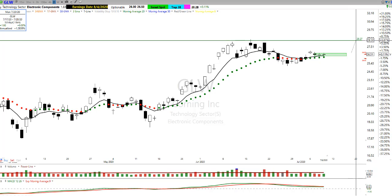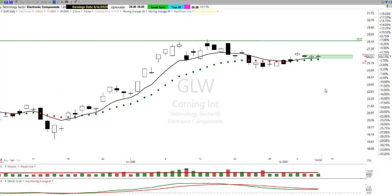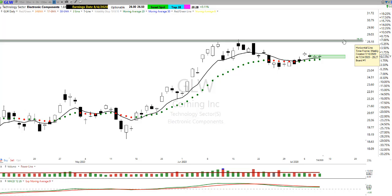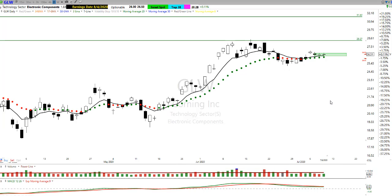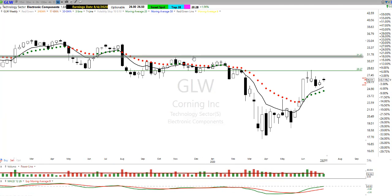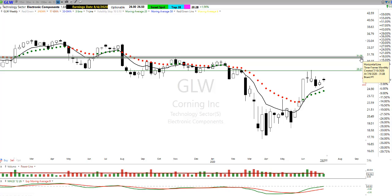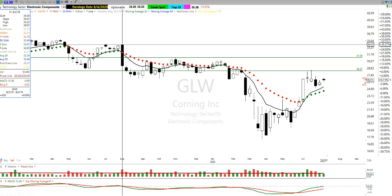It's only a 6%, but if you're looking for a hot, fast-moving, jamming kind of stock, Corning is not one of them. This is a slow one, takes its time. And then we get up into here, we start to break out. There's some possibilities of bigger numbers here. I would have to come in here and maybe look at about 31 up here. If we look at a weekly chart, here let me drop that down just a pinch. Oh, still at 31. So we get past that 28 and a quarter. We'll watch for that 31 target, and then of course there's always up here toward 35. So